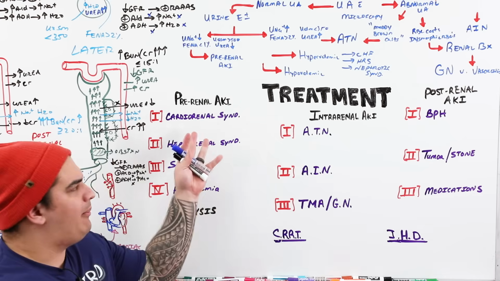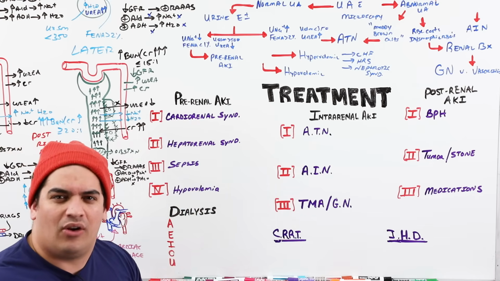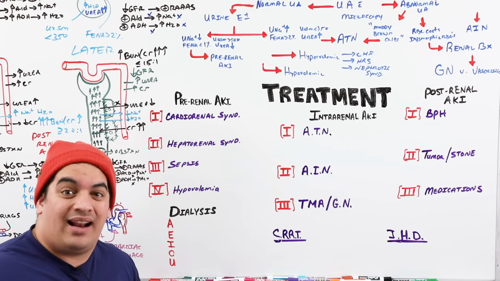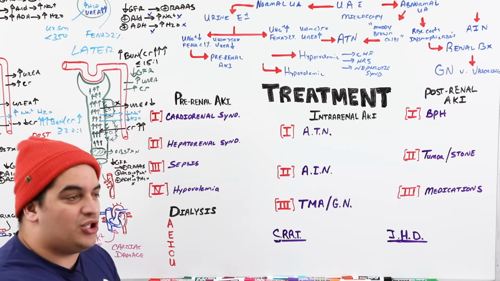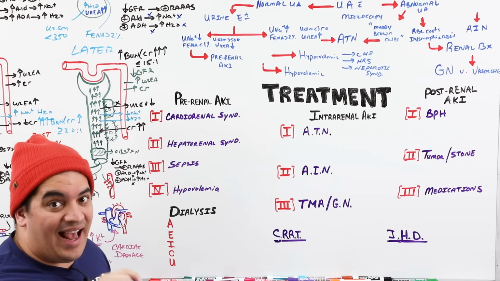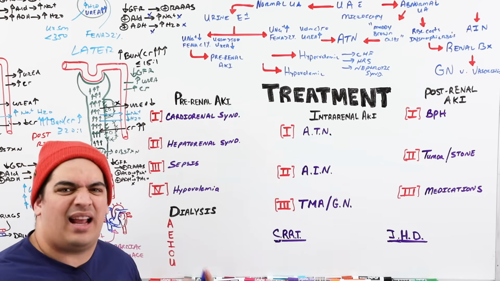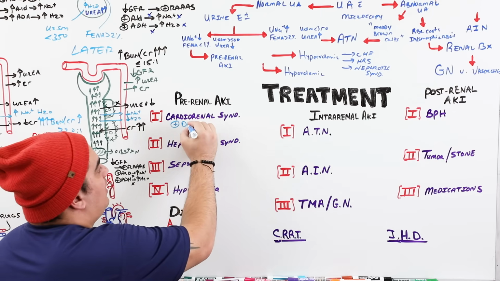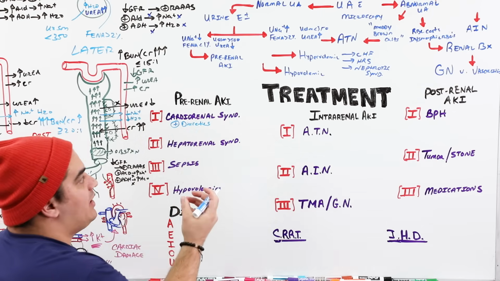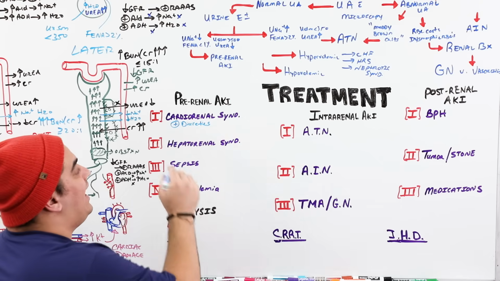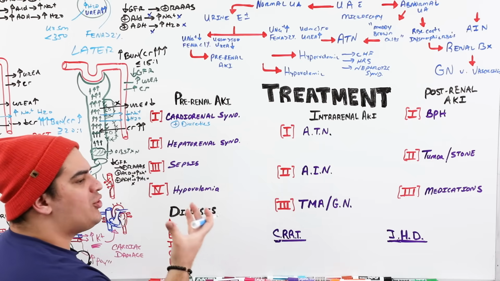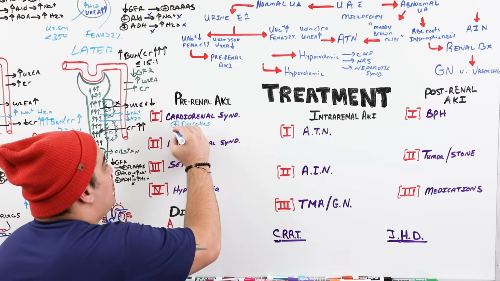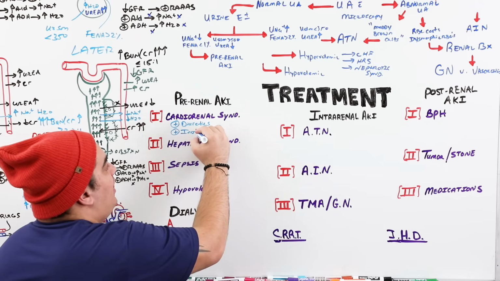But the problem is that, again, with pre-renal we think about low blood volume, low blood flow. So we constantly say give fluid. In a person like this, it actually might not help. It may make things worse because it might not augment their blood pressure. In these individuals, you actually want to try to get rid of some of that excess fluid. Pull it into the vasculature, get rid of that third spacing fluid. And so in these patients with cardiorenal syndrome, it's best to consider something like diuretics for the hypervolemic state that they're in and all that third spacing of fluids. And in the second scenario, you also want to try to augment their blood pressure, not with fluid, but with inotropic agents. Give them drugs that will cause their heart to contract a little bit more if they need a little bit of work.